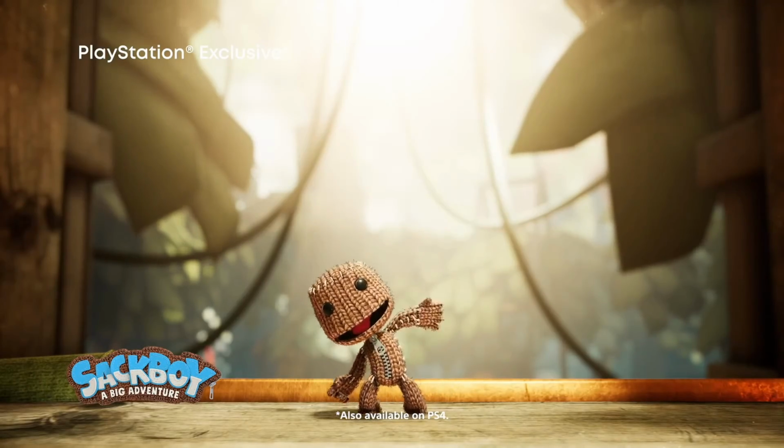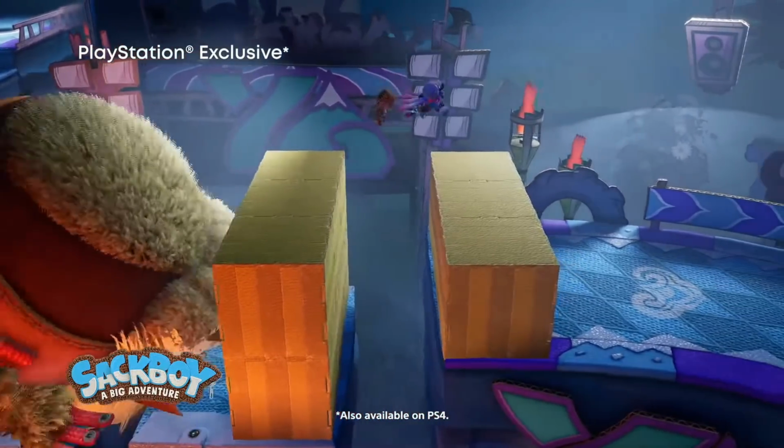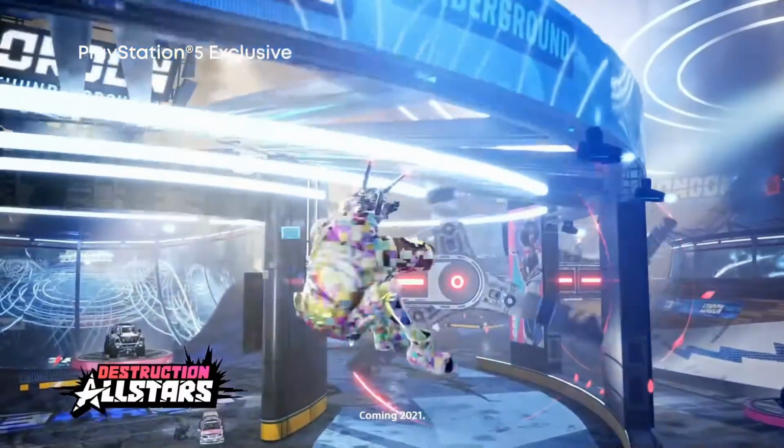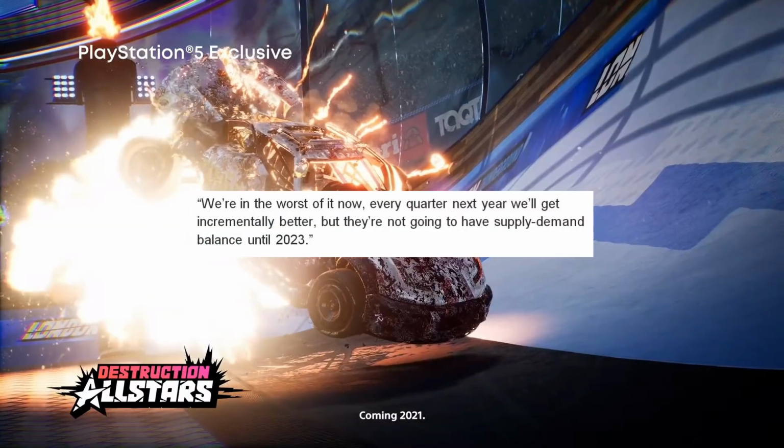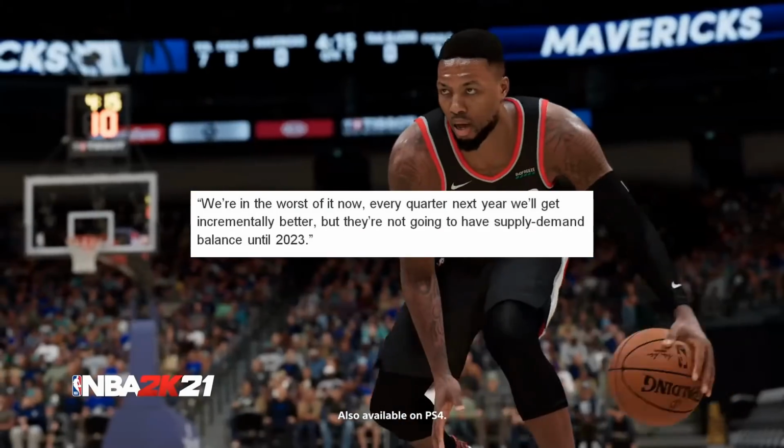But according to Intel, that might actually not be the case after all. According to them, this is what they had to say. We're in the worst of it now. Every quarter next year will get incrementally better, but they're not going to have supply-demand balance until